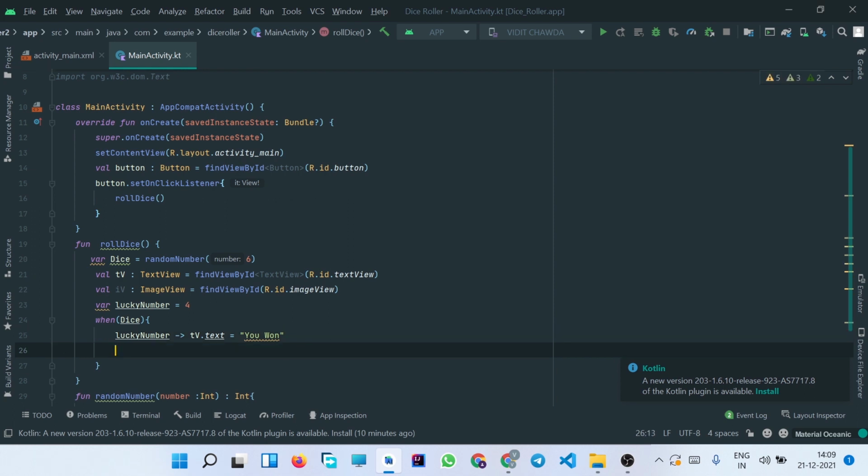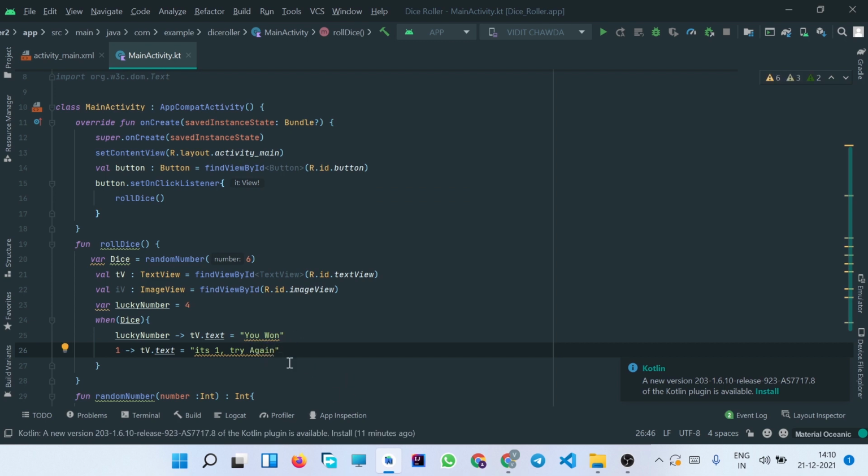We also have to declare the logic for the different values of the dice. So when the value is 1, change the text of the text view to, let's say, 1, try again.